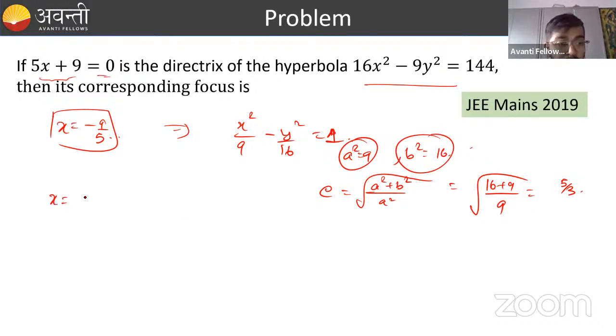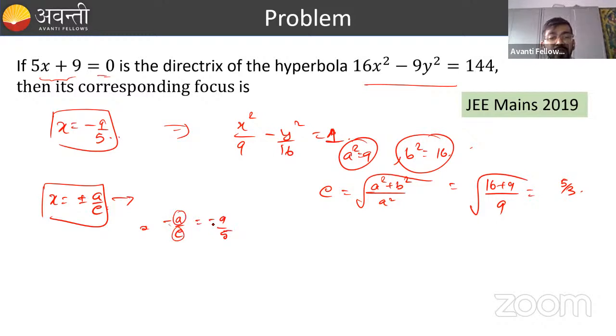So we know that x equals plus minus a by e will be the directrix of the hyperbola. So minus a by e is minus 9 by 5. We know that e is positive and a is positive, so this minus sign and this minus sign get cancelled. We know the value of e, right? So a is equal to 9 by 5 into e, so a comes out to be